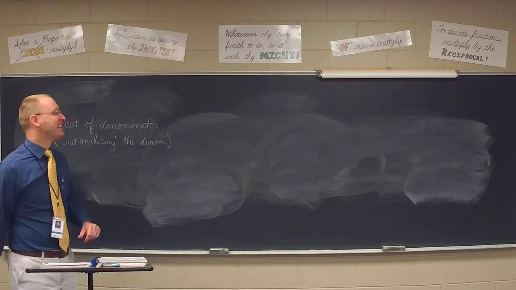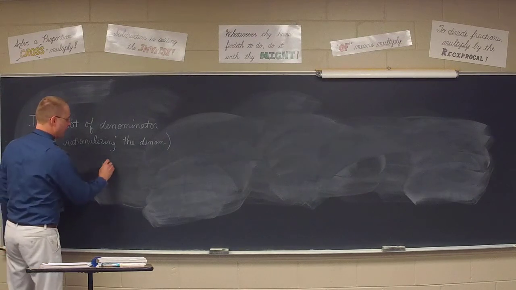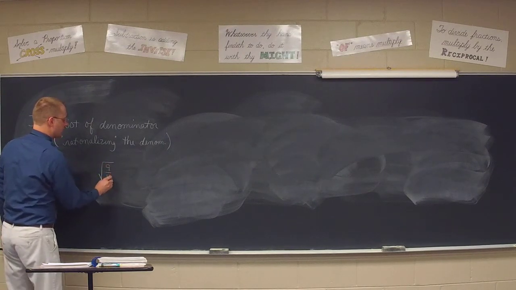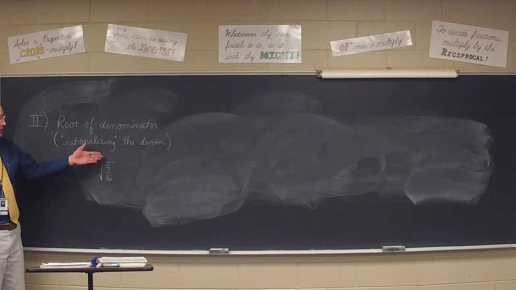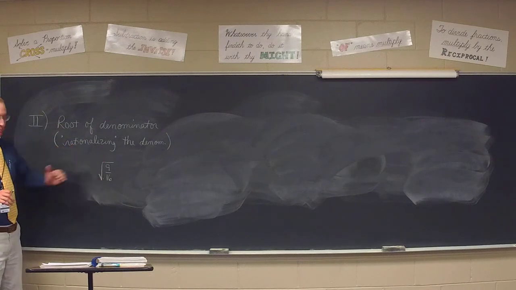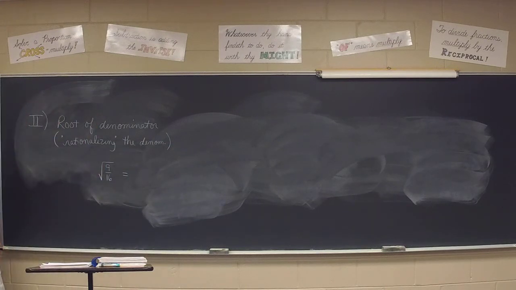Okay, just kidding. But rationalizing the number means to make it rational, meaning there's not a radical there anymore. Write this example down, if you would. The square root of 9/16. Now, we've seen problems like this already. I told you before, when you have the root of a fraction, take the root of the numerator and take the root of the denominator. So the square root of 9/16, Brecken, would give us